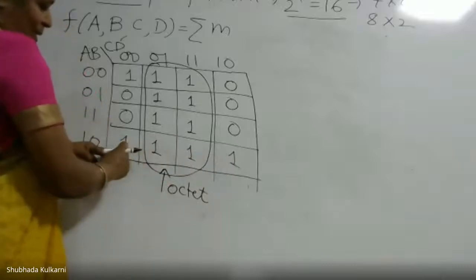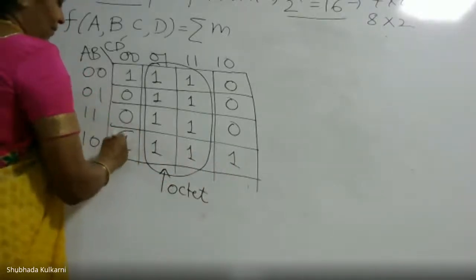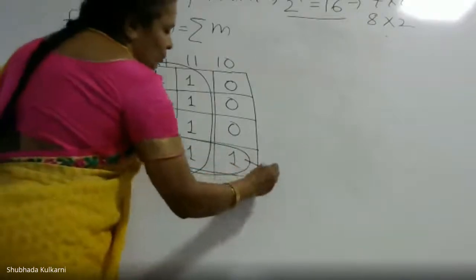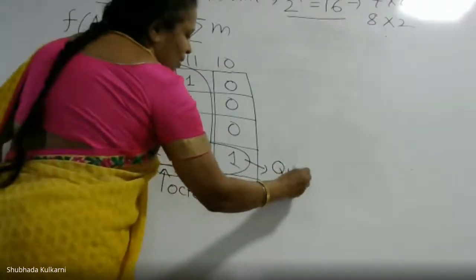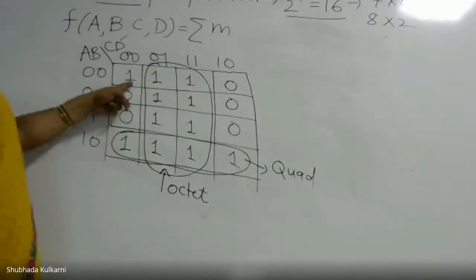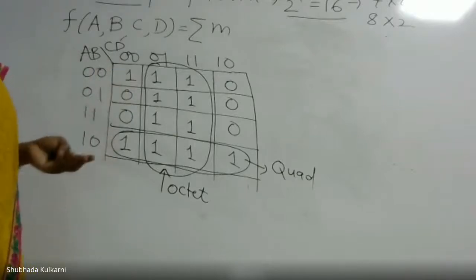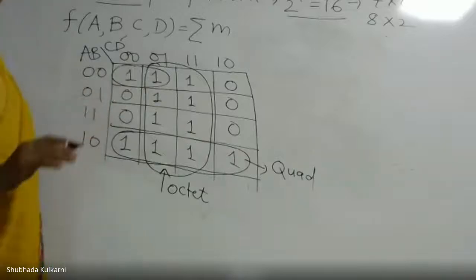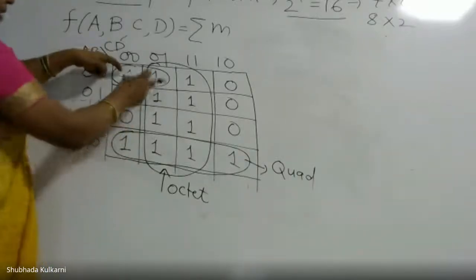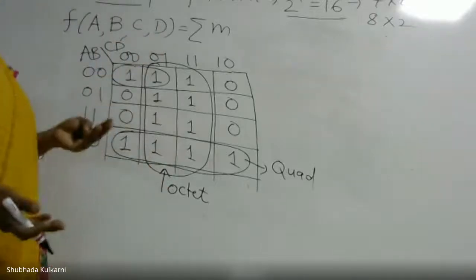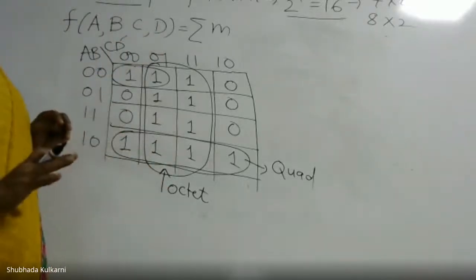Now, these 2 ones at the corner are remaining. I feel that if we do the last row as a chord, that is a group of 4 ones, you can do it. Chord is a group of 4 ones. Now, what about this one? Some students feel it can be a pair. If I do like this, this is a pair. Even that is correct. But if we feel that these 2 ones and these 2 ones with map folding can form a chord, even that is correct.